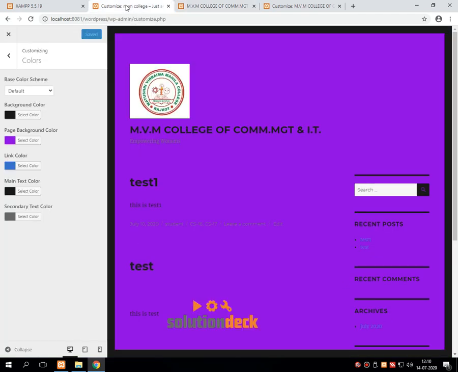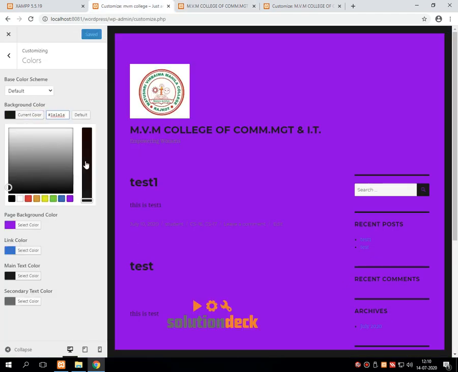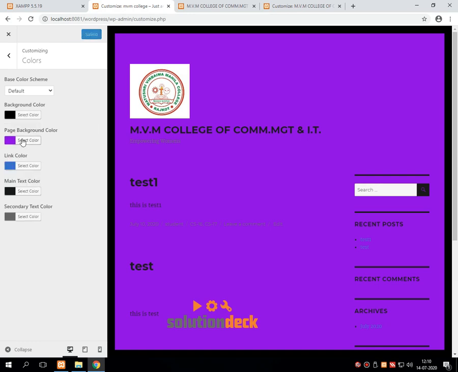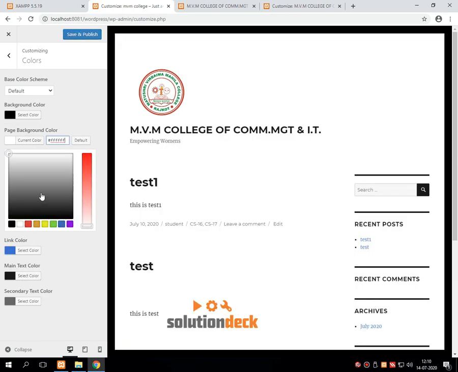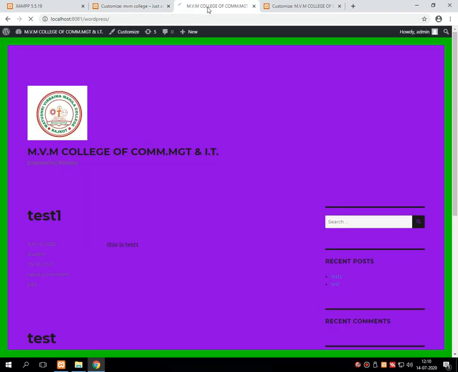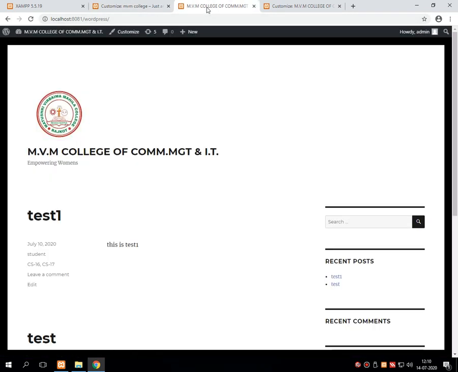But basically, the combination of black and white is very suitable for viewing the page content.